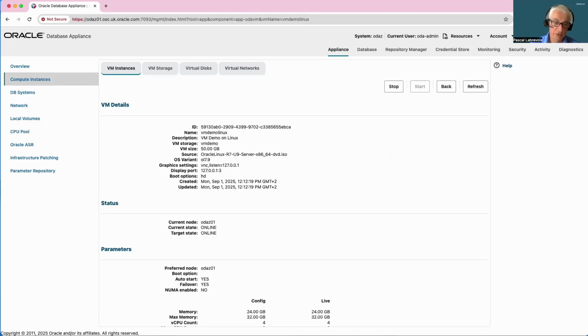So it is running on the node ODZ01, the first node, consuming 24 gigabyte memory and 4 vCPUs. So now I can connect to the VNC port to configure the VM as usual.